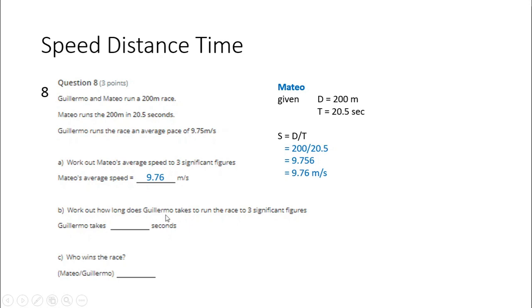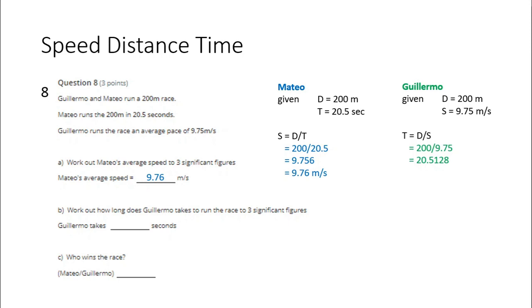B, Work out how long Guillermo takes to run the race to 3 significant figures. So again, we need to round to 3 significant figures. And for Guillermo, we were given his speed, and we know that the distance was the same for both of them. So here's Guillermo's work. We know that the distance is 200 meters, just like Mateo, and the speed was 9.75 meters per second. To calculate time, that's going to be distance divided by speed. So the time that Guillermo takes would be 200 divided by 9.75. That works out to be about